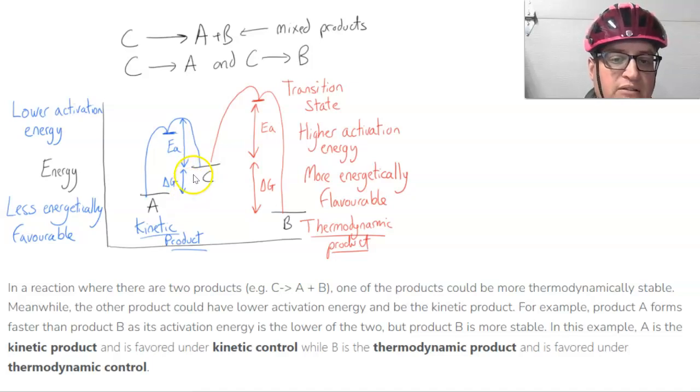So the idea here is that this is going to be less energetically favorable, but because it has lower activation energy, it's going to have the kinetic product under kinetic control. B, though, with its higher activation energy, but you can see overall less energy, I have a feeling these delta G's should be delta H's, just to give you a heads up, because you usually don't have delta G on a graph like this. But the idea is that as we have B at a lower energy, it's thermodynamic or energetically favorable. So if that's more energetically favorable, it's likely to occur at a higher temperature than this would be,